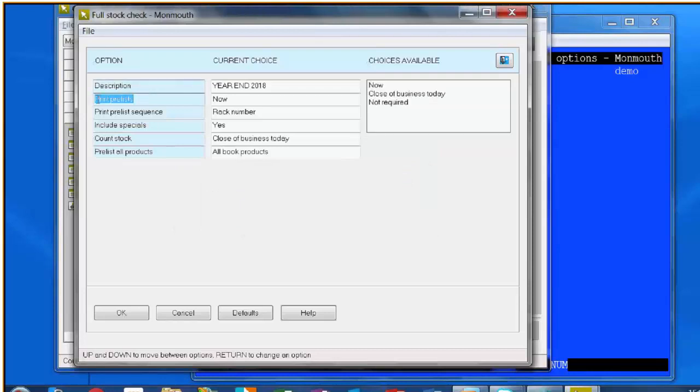If you're setting it up, you want to print those out now, that's what it defaults to. Or if you don't want to hog the printer, you can set it to close of business today to print the pre-list out, although then you're leaving the printer to its own devices, which is not quite such a good idea. You can also have not required,